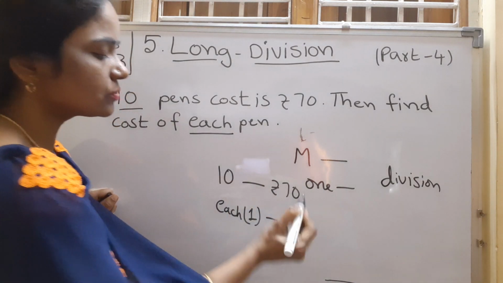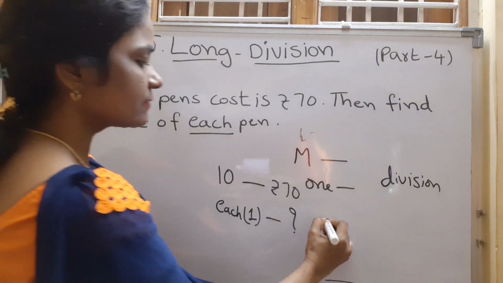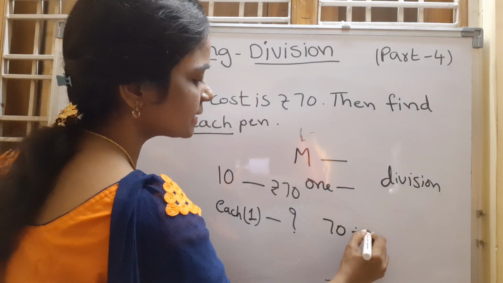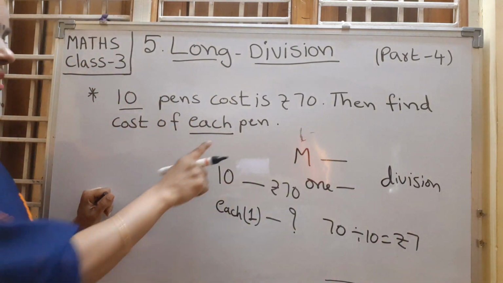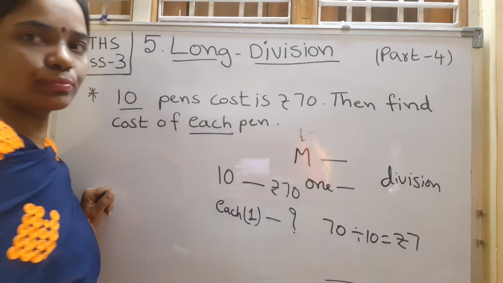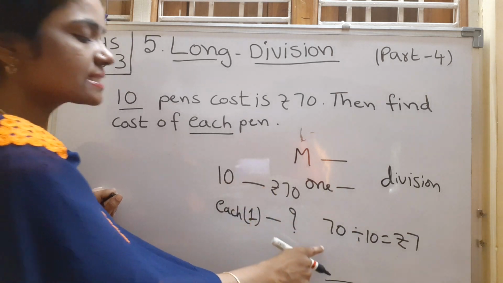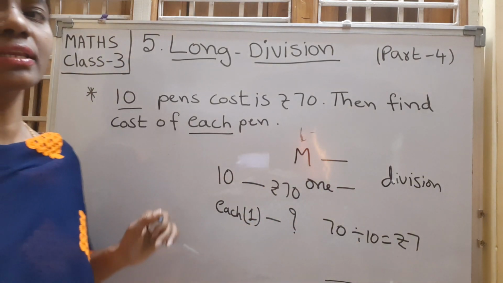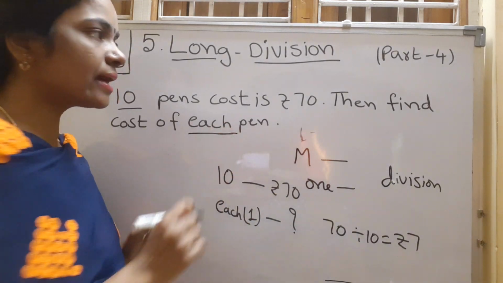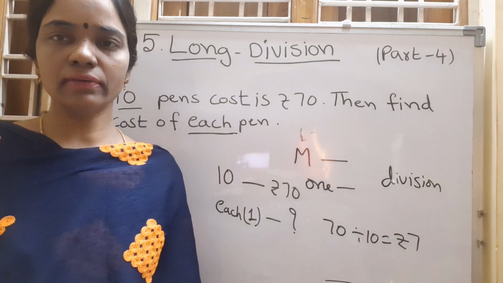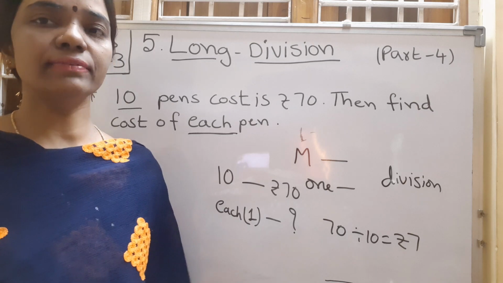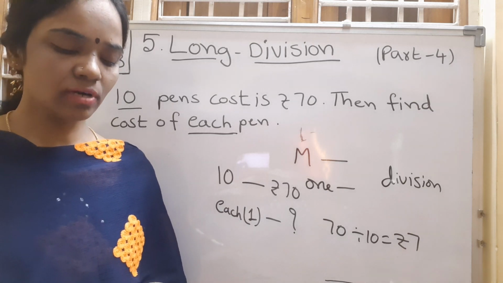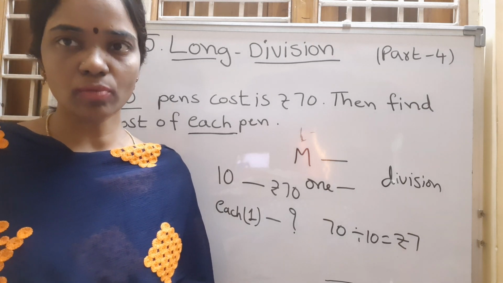So what do we have to do? Yes, take division, that is 70 divided by 10 is equal to 7 rupees is the answer. So the cost of each pen is 7 rupees. So giving more and asking for one, find each one. This is the hint for you. We have to take the division in the given word problems. Giving more and asking for one means take division. Okay, children? Now we are going to take our textbook problems.